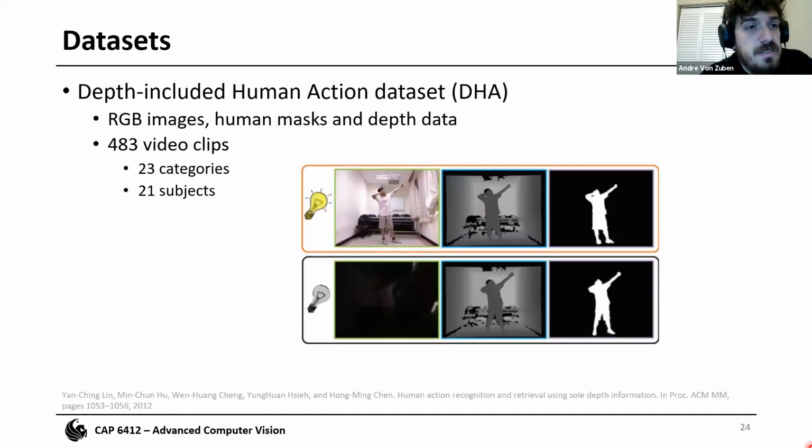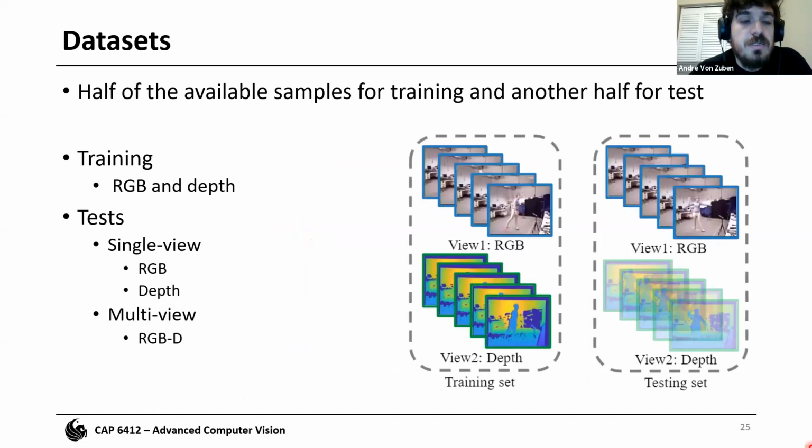The last dataset that they tested was the Depth-included Human Action dataset, DHA, that's composed of RGB images, human masks, and depth data. It has almost 500 video clips divided into 23 categories and 21 subjects. So we can see that the datasets are quite small, and they also have to use half of the available samples for training and another half